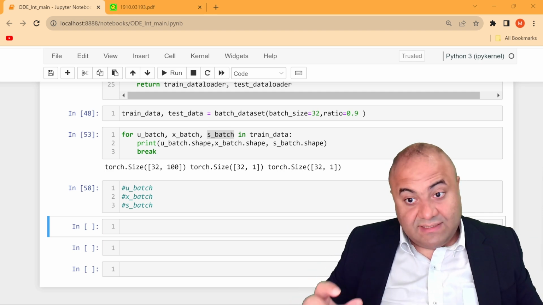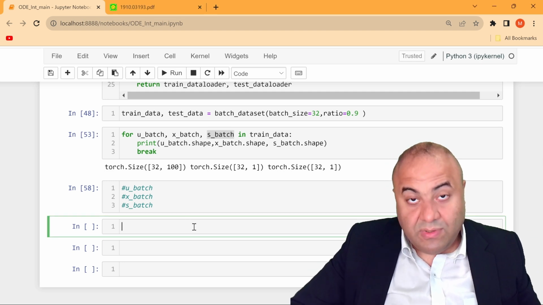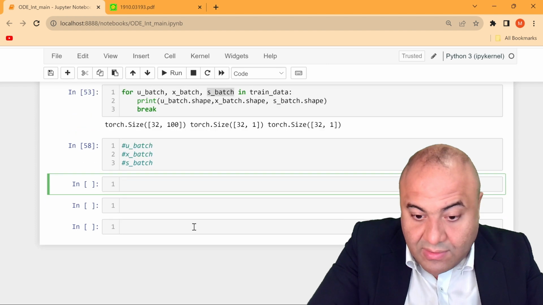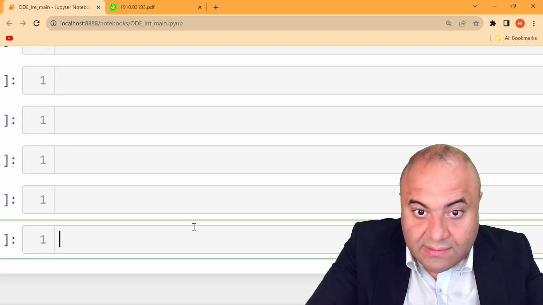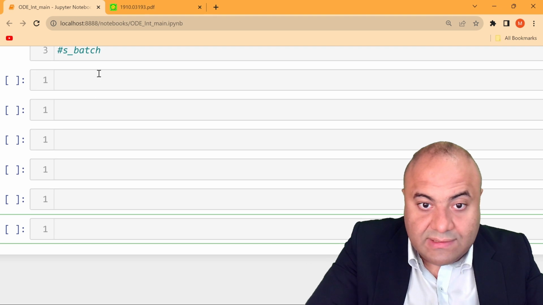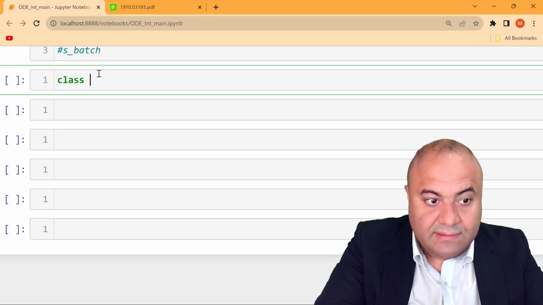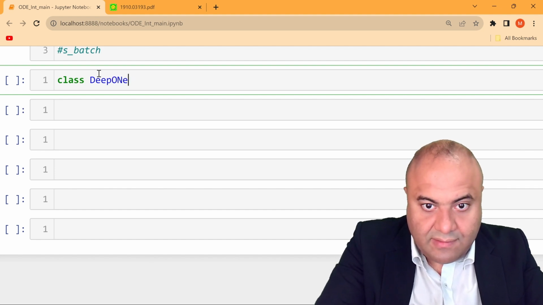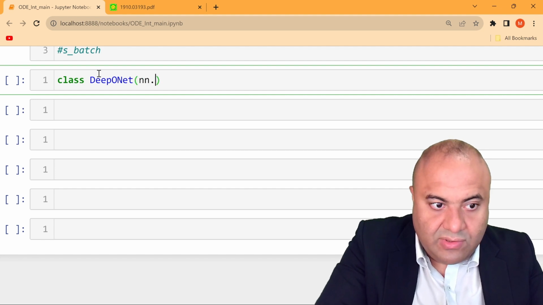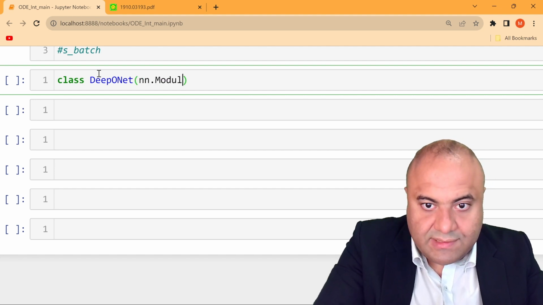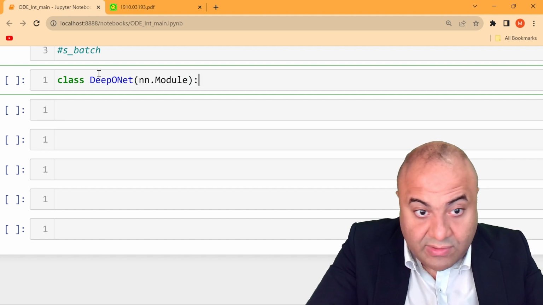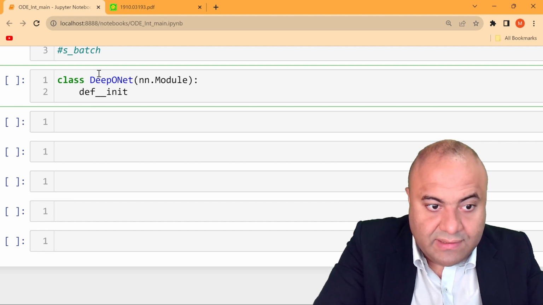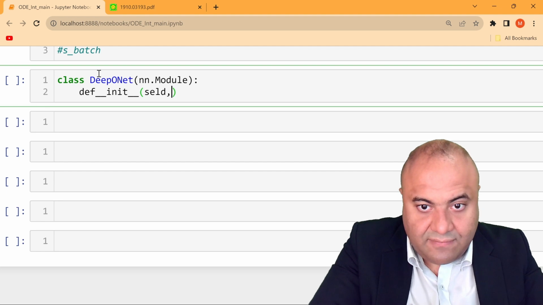So building the model, let's build the model, and we will build the DeepONet model. So we will call it DeepONet. Here we will just give some space, and we will start by saying class DeepONet, and it will be a neural network module, same as building any neural network using PyTorch. Def initialization of the whole thing, we self,